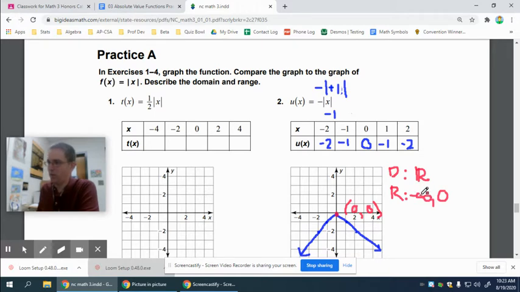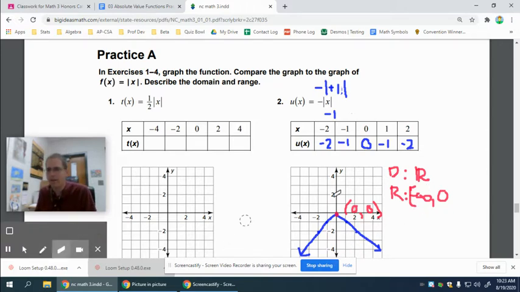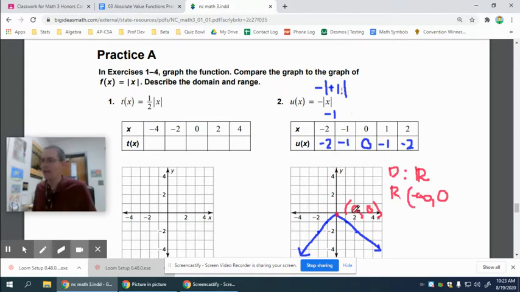Now, when you go to draw your parenthesis and stuff, you're going to have a parenthesis there because you can never actually touch -infinity. So not the world's prettiest parenthesis, but that's parenthesis, I guess. Actually, let's clean that up a little bit. It looked a lot like a bracket, so let's try again. That's going to be a parenthesis of -infinity, and since it actually touches 0, it's going to be a bracket